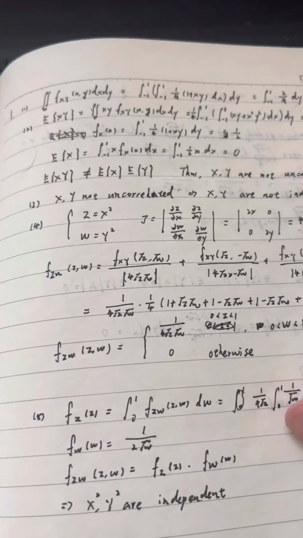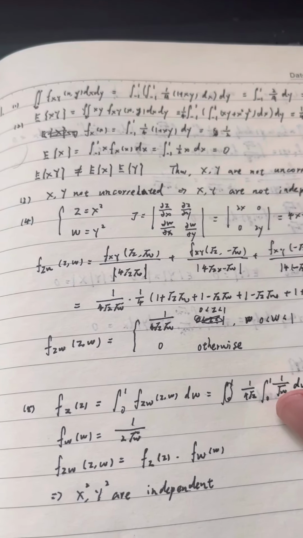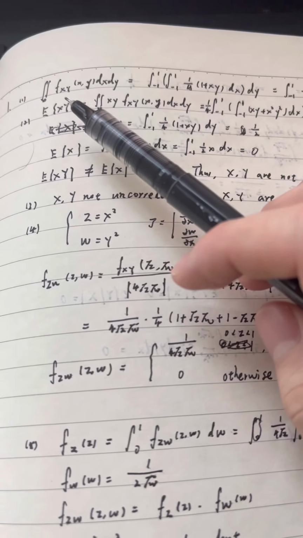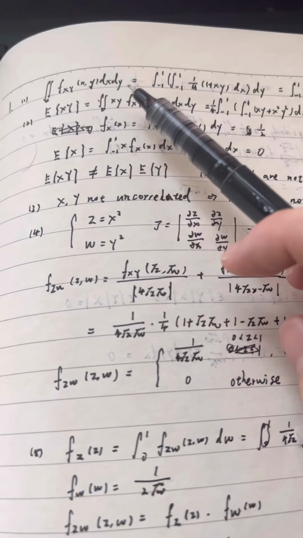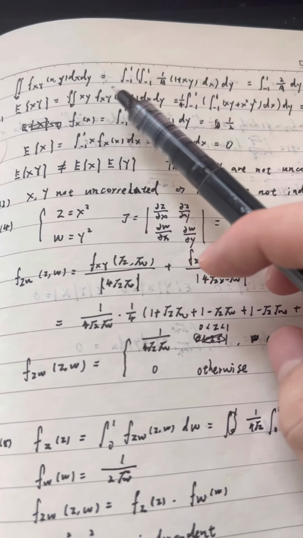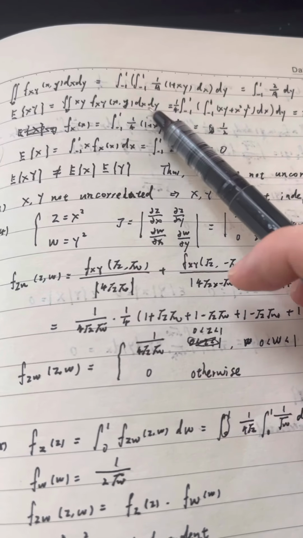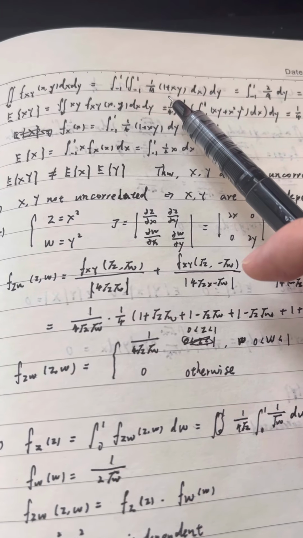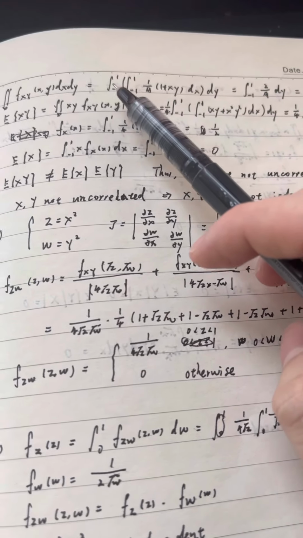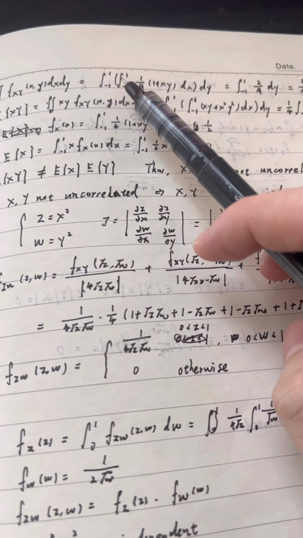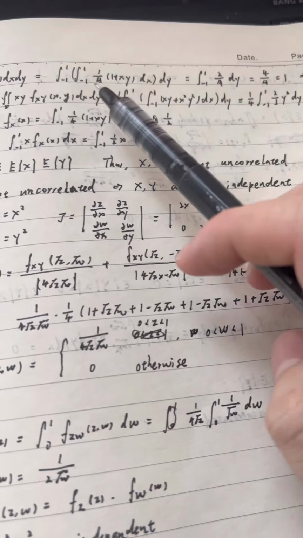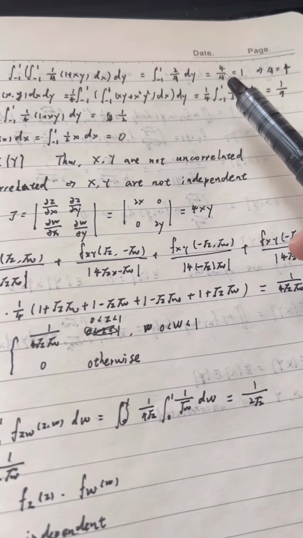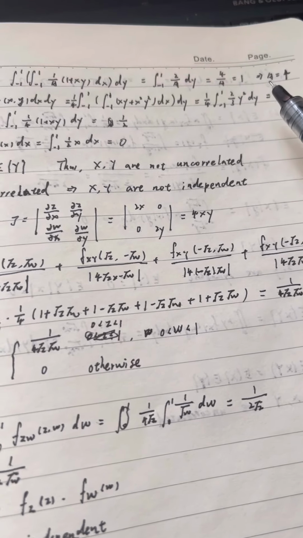So first it tells us to find A so that the defined function is a valid joint density function. Apparently we should let the integral of this joint density function equal 1, and we can just simply calculate. We put the integral of x inside and the integral of y outside, and we substitute f(x,y) into it, and the interval is both from -1 to 1. Inside it equals 2 over a, and the integral of y equals 4 over a, so that equals 1, so that we have